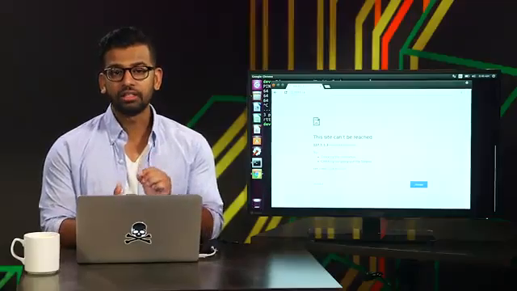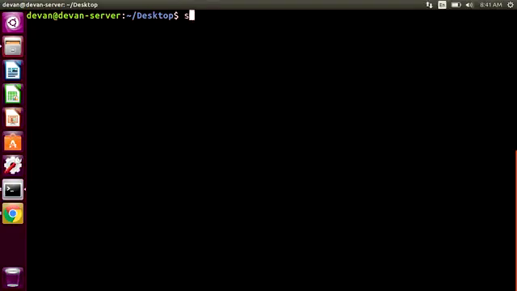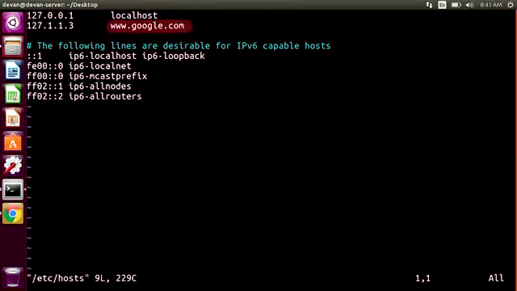Remember that when a DNS query is performed, your computer first checks the host file. Now, if I access my host file here, I can see that I have an entry for www.google.com and it points to a fake IP address. If I remove this line right here where it says